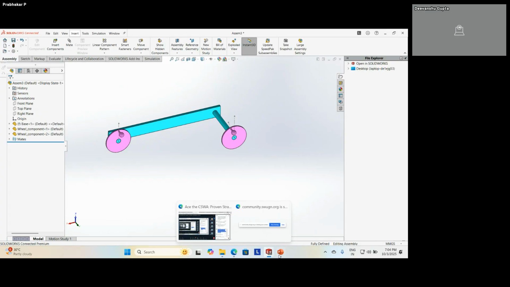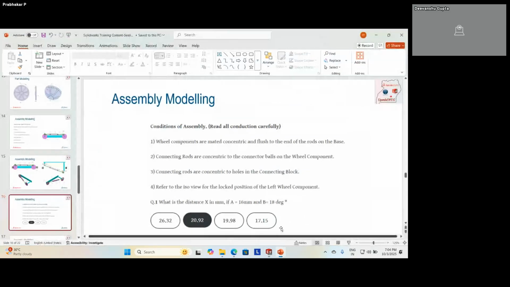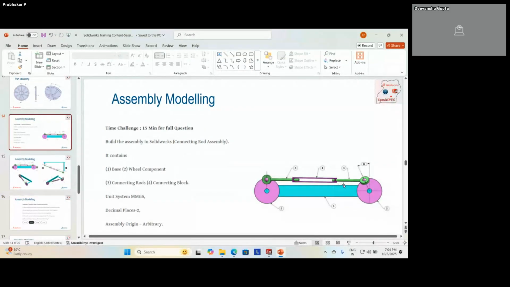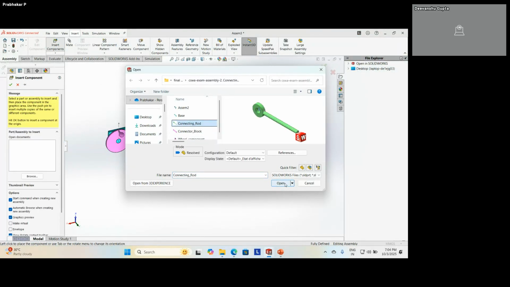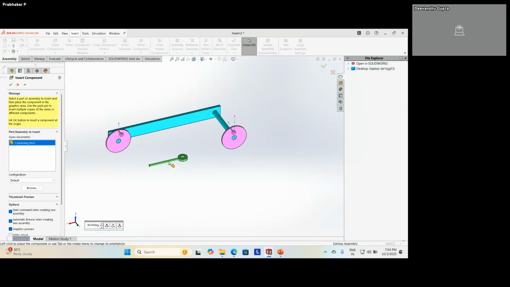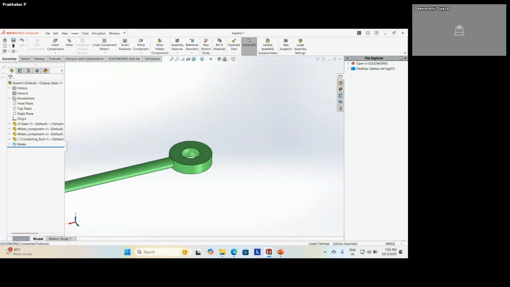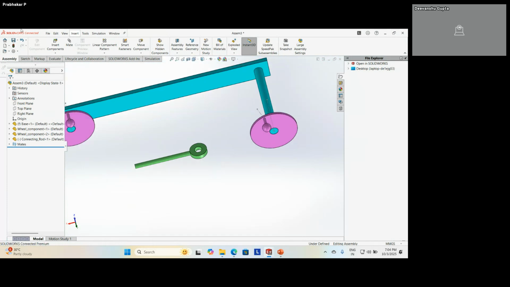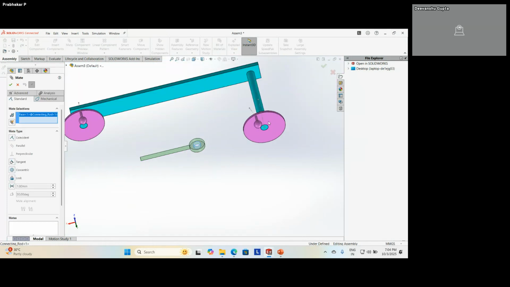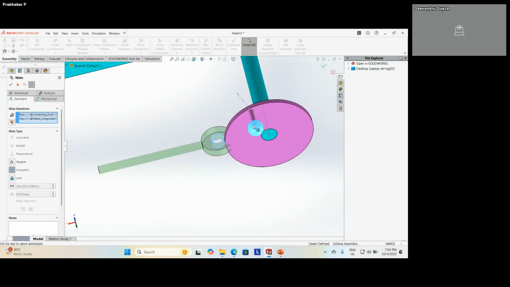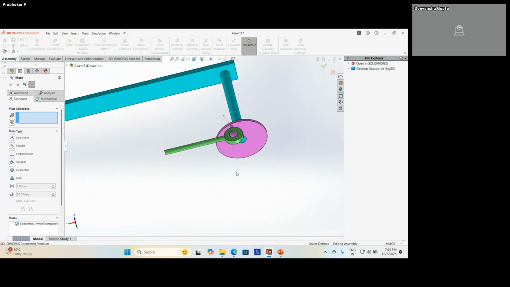The third one, the very next step is I have to bring the third part, which is nothing but connecting rod. Insert connecting rod, mate, select here, select this body.